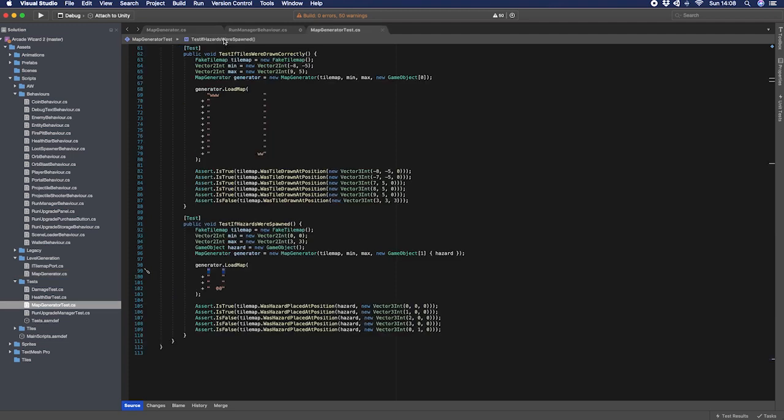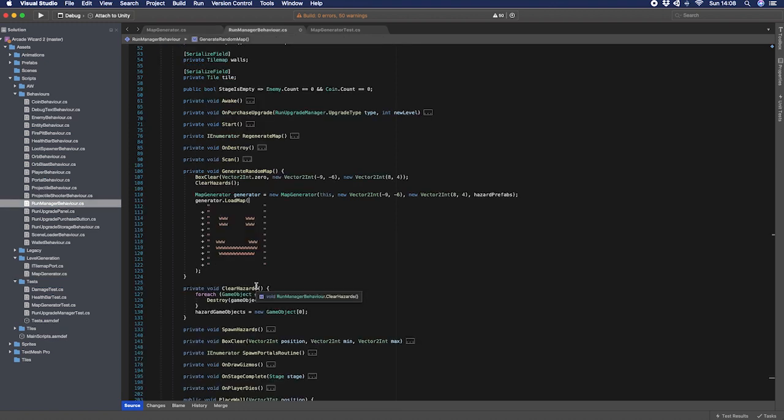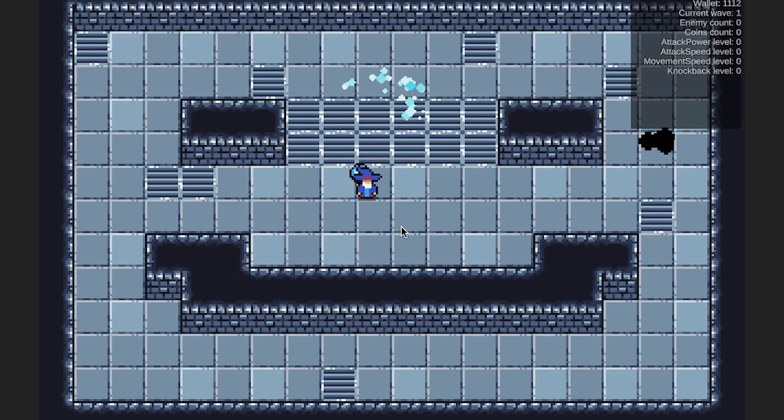And that brings me to the next thing that I can do, because right here you can see that we have this place hazard, which right now just places the first prefab that is passed to it. To explain this a little bit further, what I can do is fill this with zeros. I will explain in a minute why I use zeros here. I can fill this with zeros, and then if I load the map, you can see all of a sudden,